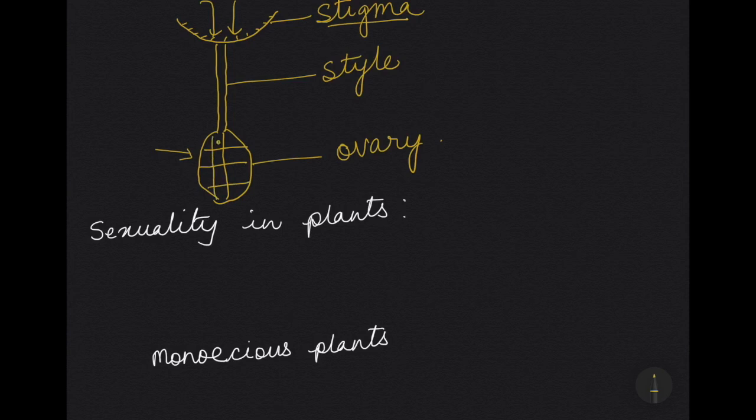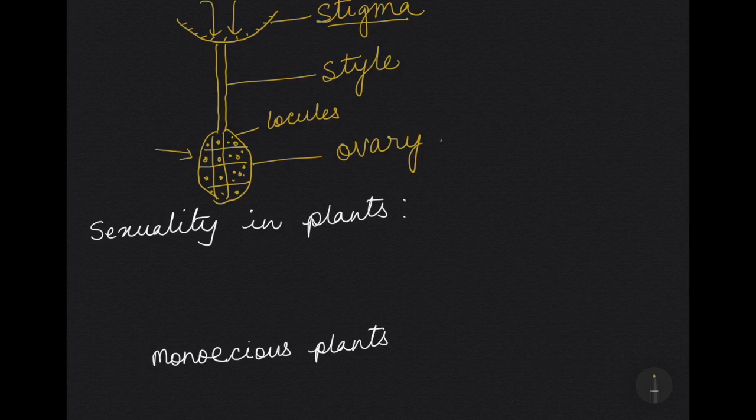Okay, and each chamber will have an ovule. Okay, now ovule is the female gamete of the plant. So each chamber is known as locules. The ovary is divided into small chambers known as locules, and inside each chamber you will have a number of